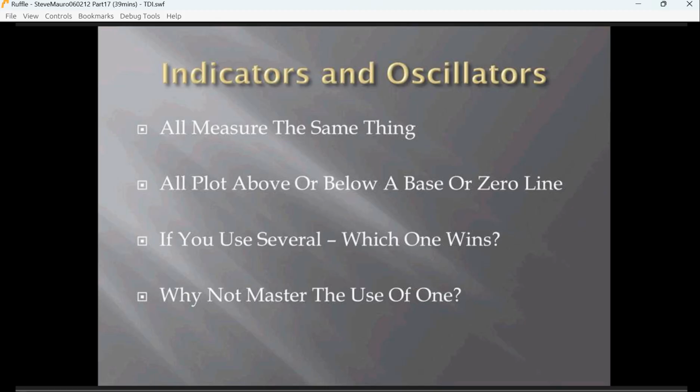If you're using MACD, CCI, RSI, stochastics, when they all don't exactly line up, which one is going to win? Which one will be the one that you say, oh, well, this one rules, I'll take it? Well, why not master the use of just one good indicator